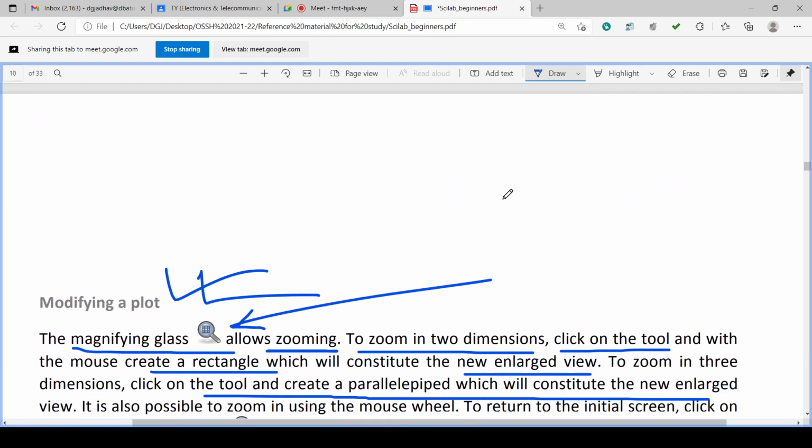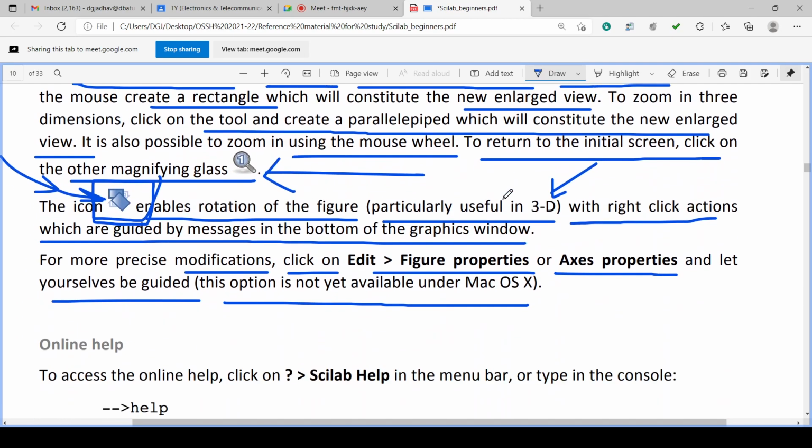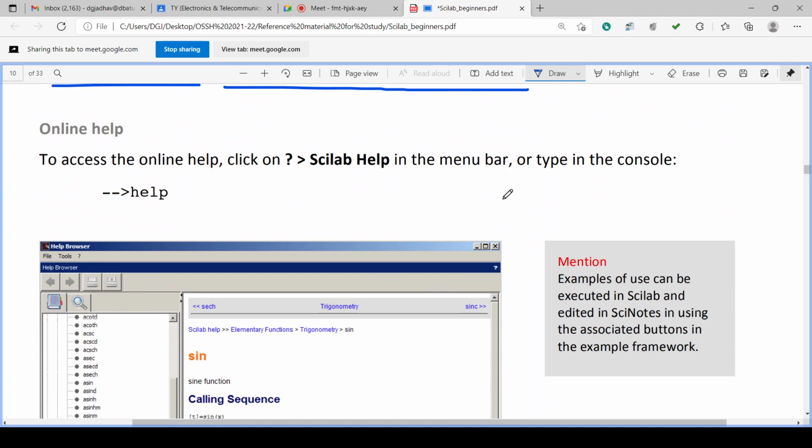There are four windows: console window, editor window, graphics window, and help window. So help is also there, online help. To access the online help, click on the question mark button, just like this. The question mark button or question mark menu is available on all the windows.